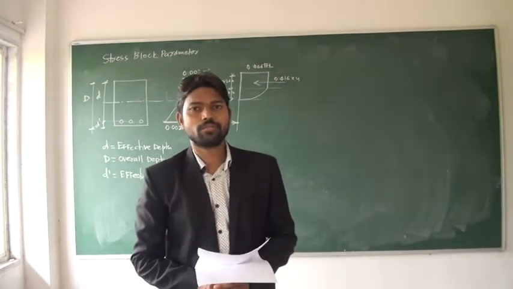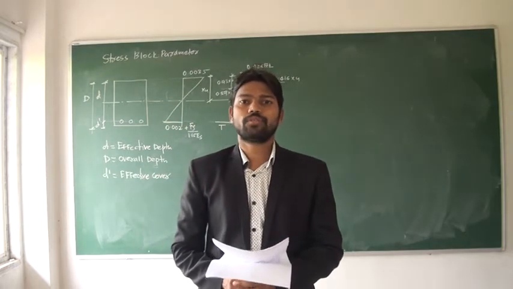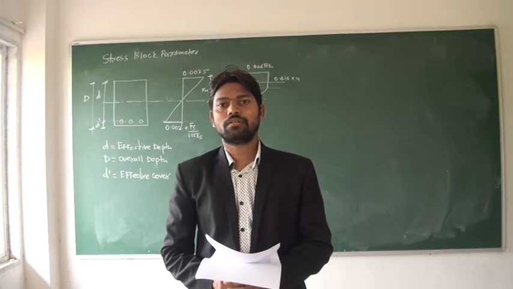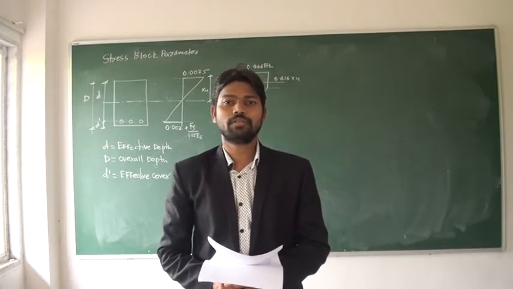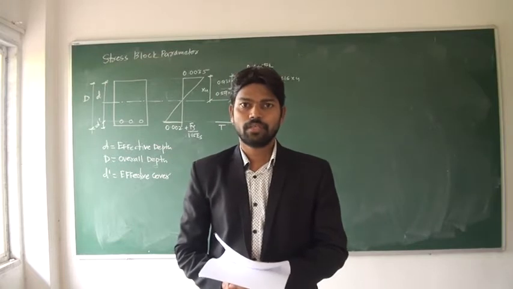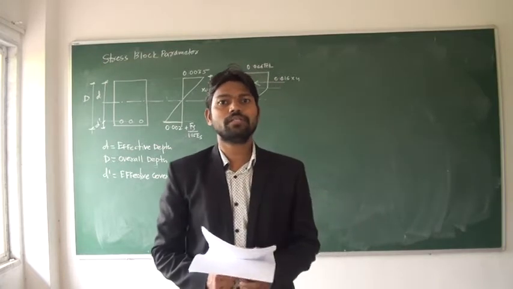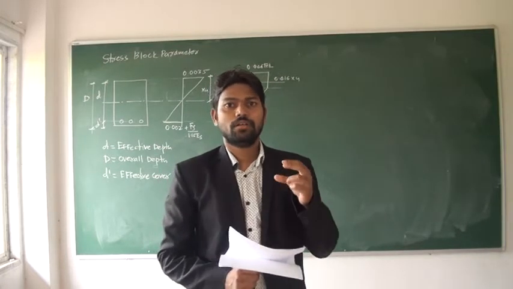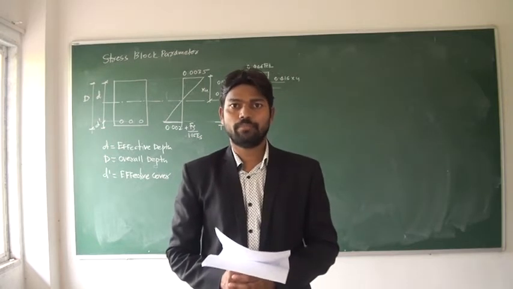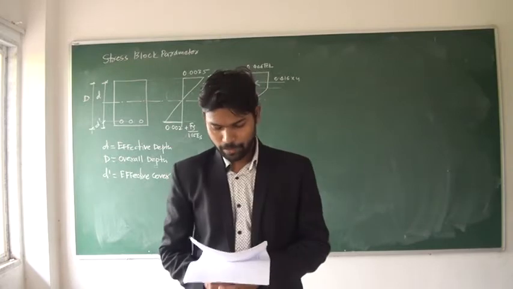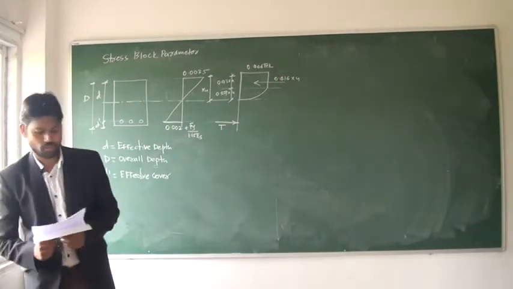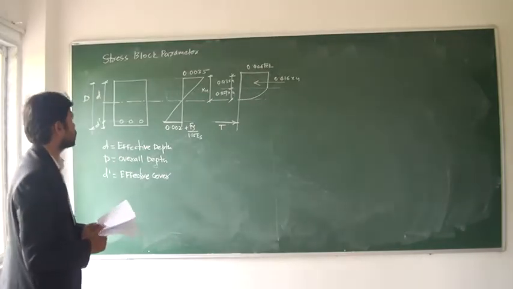Now in working stress method we assume that the stress variation is linear across the section, but in limit state method the stress variation is not considered as linear. Here the stress block parameter is a little bit different. It is a combination of rectangle as well as parabolic shape. So we will see in detail. Let us start with the stress block parameter and strain diagram for the singly reinforced section.